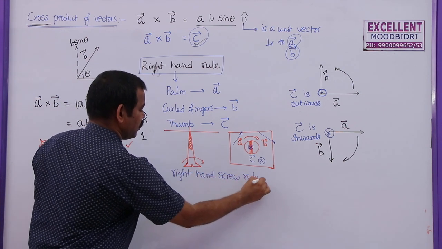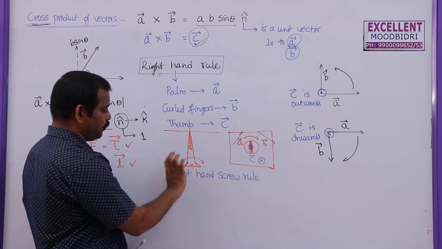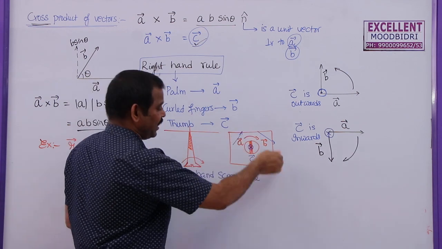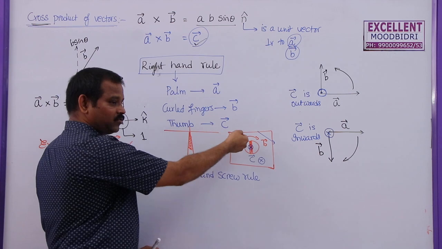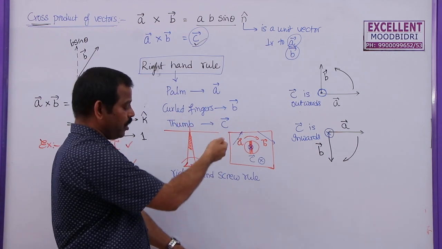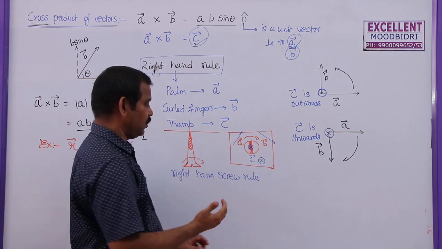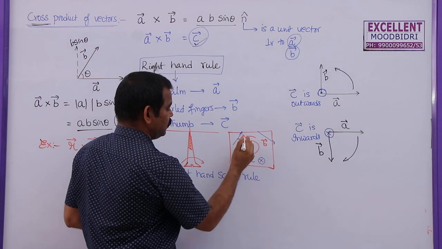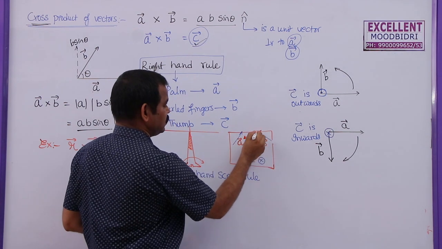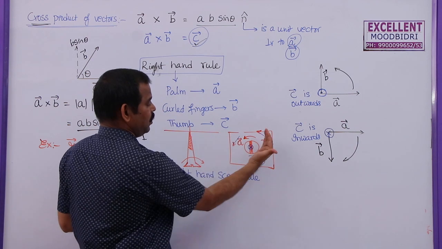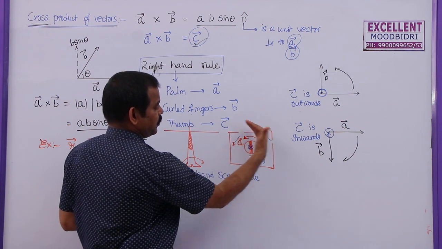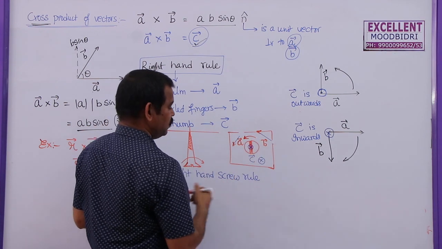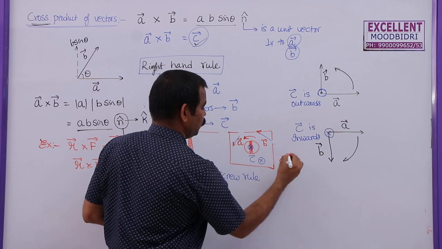Similarly, if you rotate the head in the opposite direction, if you keep the screwdriver here, this is clockwise, let us say we are rotating in the anti-clockwise direction, then the tip will come out. So, the direction of the tip always gives the direction of C vector. Now, when you are rotating in the opposite direction, this is the first vector, this is the second vector. When I am rotating like this, B vector is the first vector here, A vector is the second vector, and C vector will be in this direction. So, then this C vector will be outwards.